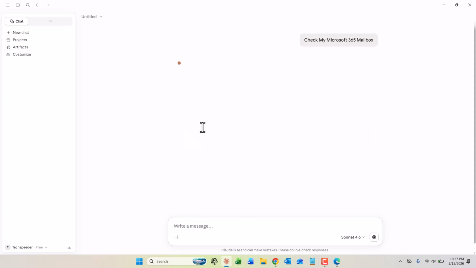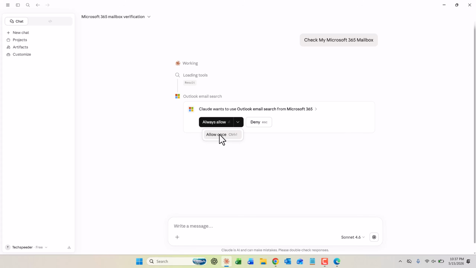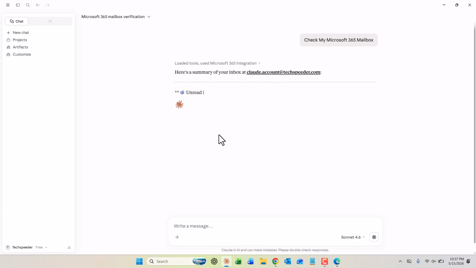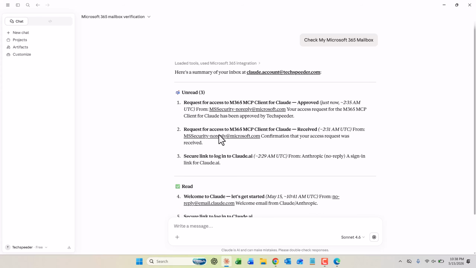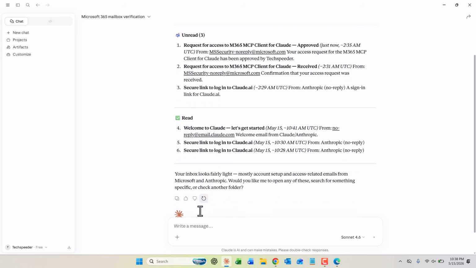Okay, let's go ahead and test it out by writing, check my mailbox here, and we'll see. Okay, you're going to get the pop-up here to allow once. And yes, you can see here that it pulled various emails from my mailbox, the ones that are unread, the ones that are read, and then